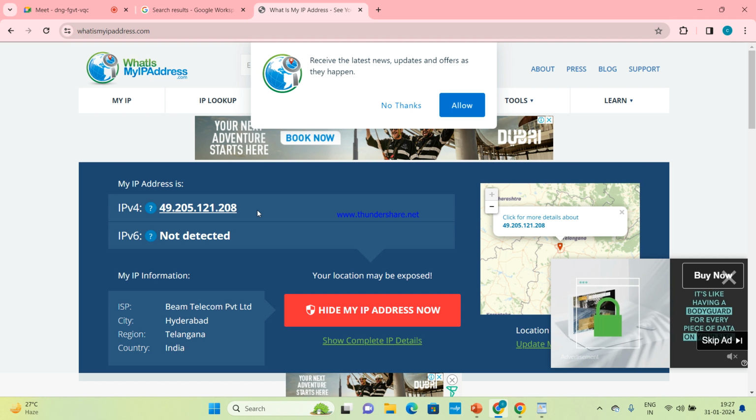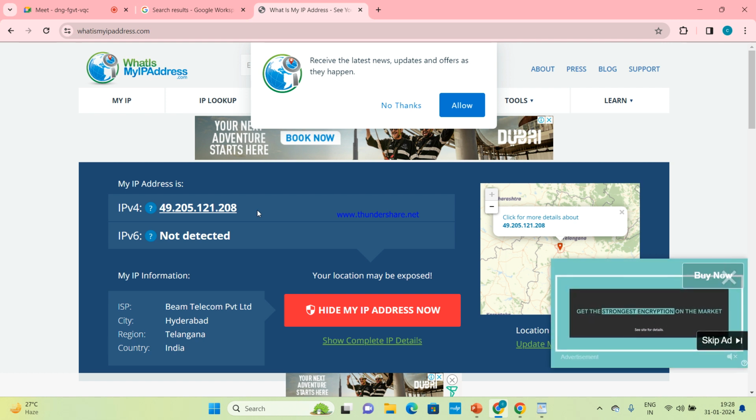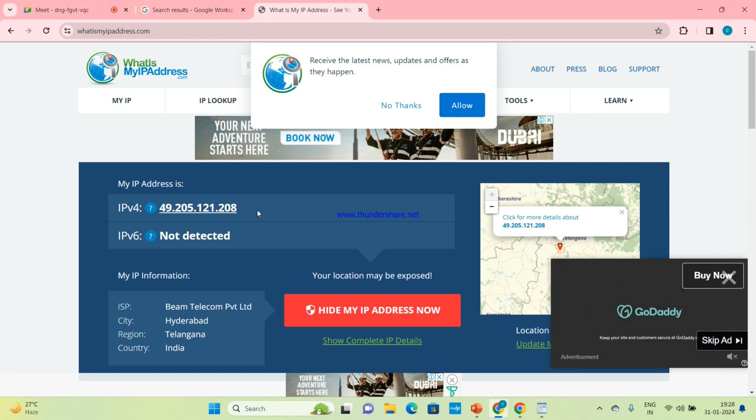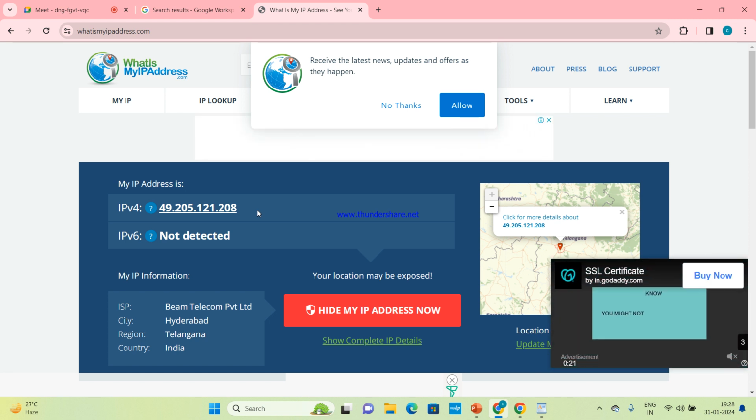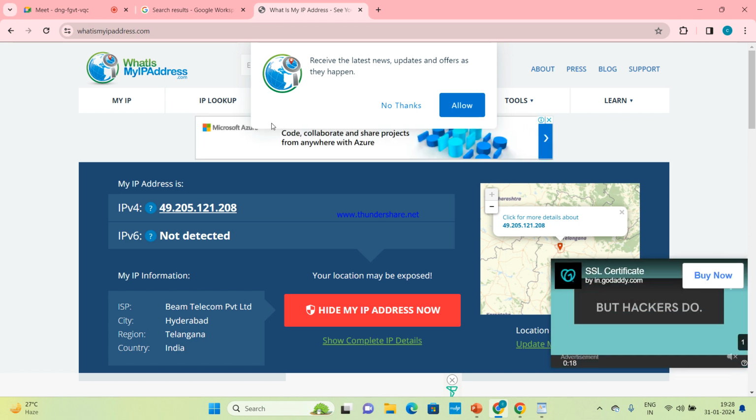Now you can check your phone's Wi-Fi network IP address. Open your phone, open your Wi-Fi. Under that Wi-Fi, you can see the IP address. Now tell me, is it private or public?